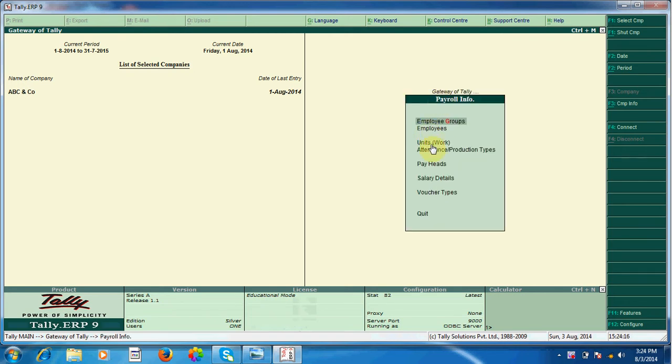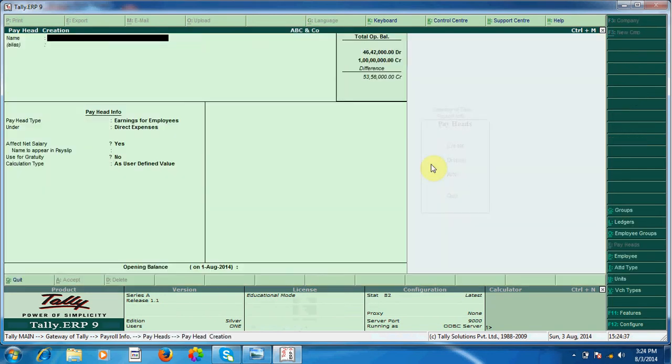From here, as we have already created employee groups, employee units, attendance, and production types, now we will create pay heads and salary detail. From here we will enter into pay heads, press P, create. We will create the first pay head, like basic salary,